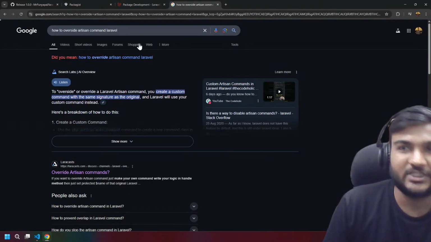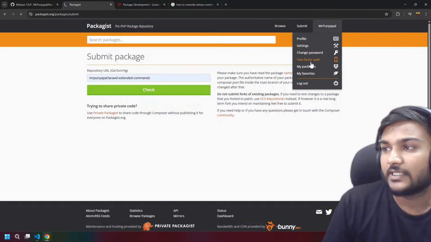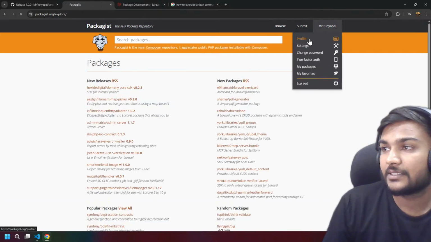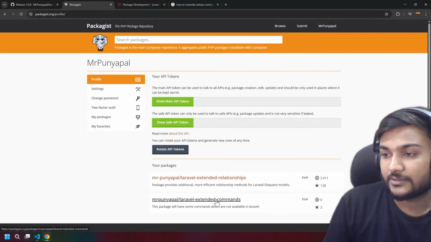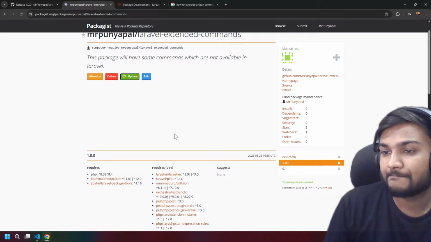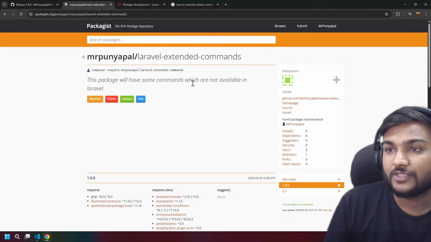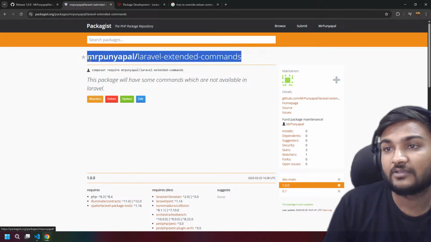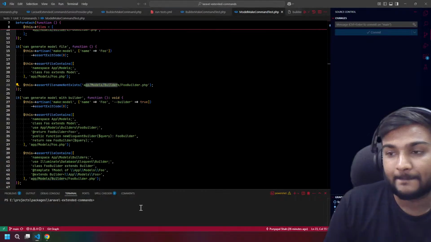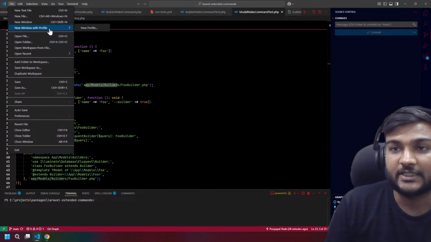But one more thing. Firstly, let's go to my profile. Let's go to the Laravel action with commands, right? The update. So it is already 1.0.0, right? Now what we actually need to do is update the readme as well, but we will do it later. We don't want to create a recursion over here.